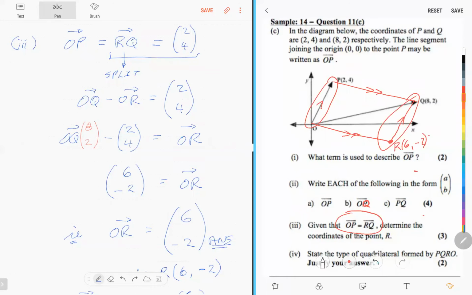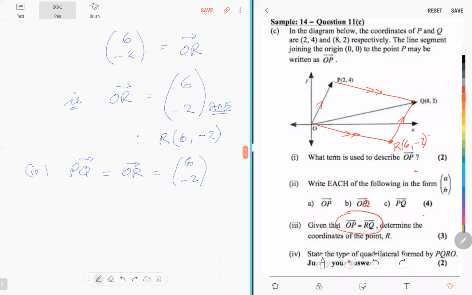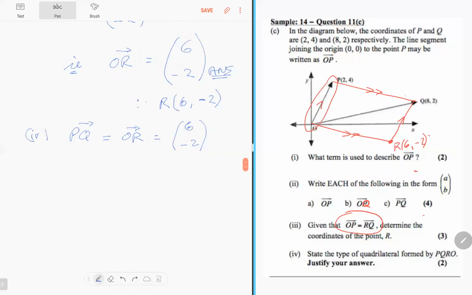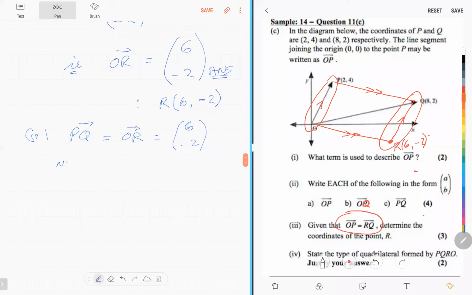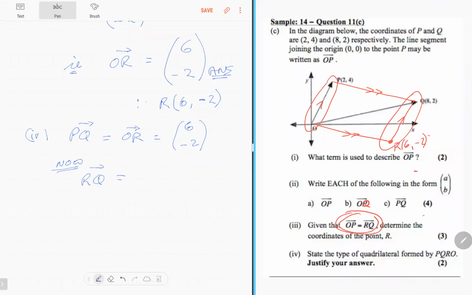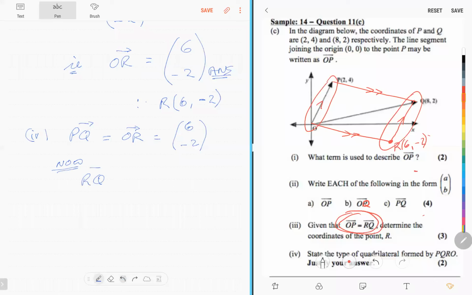So we didn't calculate RQ. That's what we need to do to complete the statement. So we're doing these two sides, the OP and the RQ. So we have to calculate RQ. But they gave it to us here. They told us already, so we're wasting time. That was given. So we can say something like, given that OP is equal to RQ, which worked out to be 2, 4,